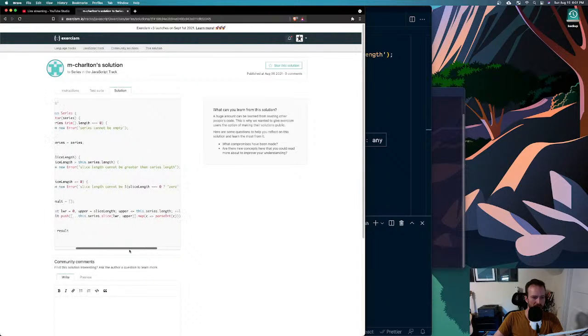Slice map parseInt. Yeah, you could just pass. Oh, you can't just pass parseInt. Yeah, this is an interesting bug, actually. If you map Number, this works. If you map parseInt without doing it this way, you'd think this is just shorthand for map, just parseInt. But because parseInt takes a second parameter, that's the radix,